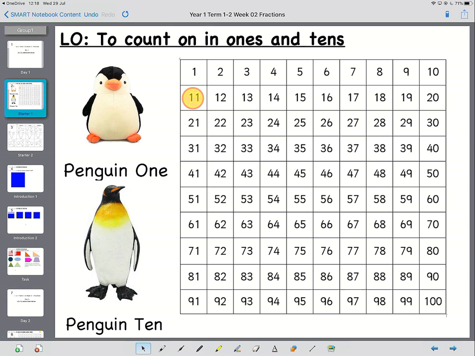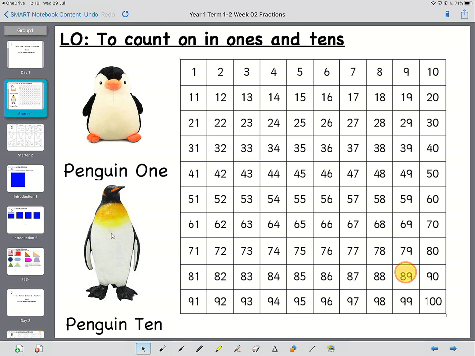So we're going to start from 11 today, and first in charge is penguin 1. So 11, 12, penguin 1, 13, penguin 1, 14, penguin 1, 15, penguin 10, 25, penguin 10, 35, penguin 10, 45, penguin 1, 46, penguin 1, 47, penguin 1, 48, penguin 1, 49, penguin 10, 59, penguin 10, 69, penguin 10, 79,